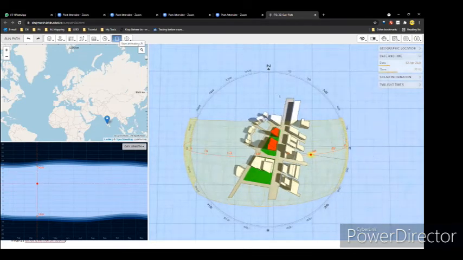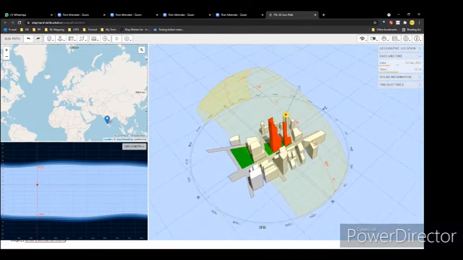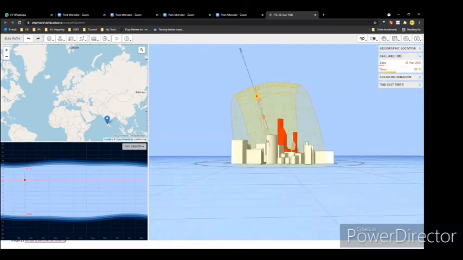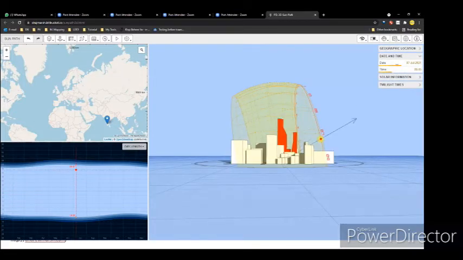Somewhere like here. So here you can actually see the relationship of the sun path with respect to your building. In terms of side elevation, you can see that irrespective of the summer solstice, which is over here, where the sun is at its highest point, or the winter solstice, the sun is really high in India.